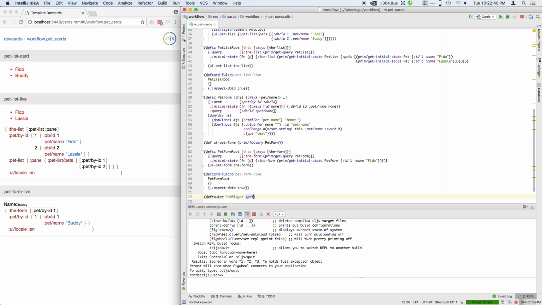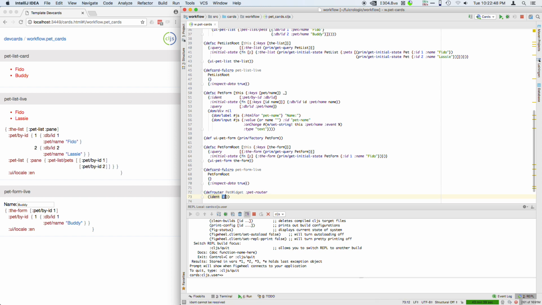I don't know, pet router. And the routers need an ident function. And when we're flipping around here with routers, we get this in props, and then we need to generate an ident where the first element of the ident that we pull out ends up being which screen we want to go to. So in this case, I'm just going to define that as screen, the screen in the props, and then in this particular case, there's not going to be different IDs for the different screens, so I'm just going to call it